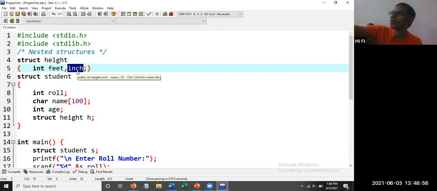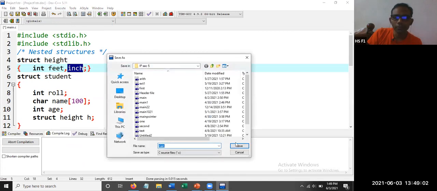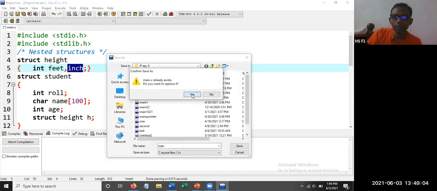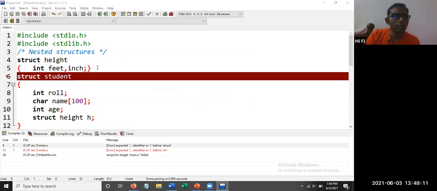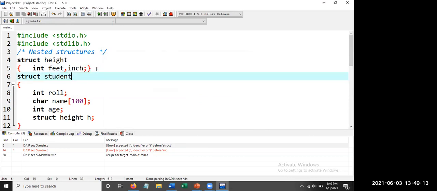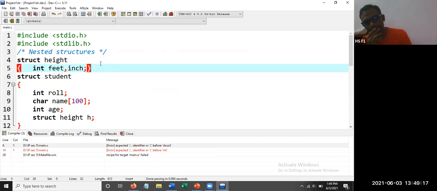So let us execute and see the program output. Compile and run. So main, let it be main. Struct student, semicolon. Yeah, good. So where we need to write the semicolon?